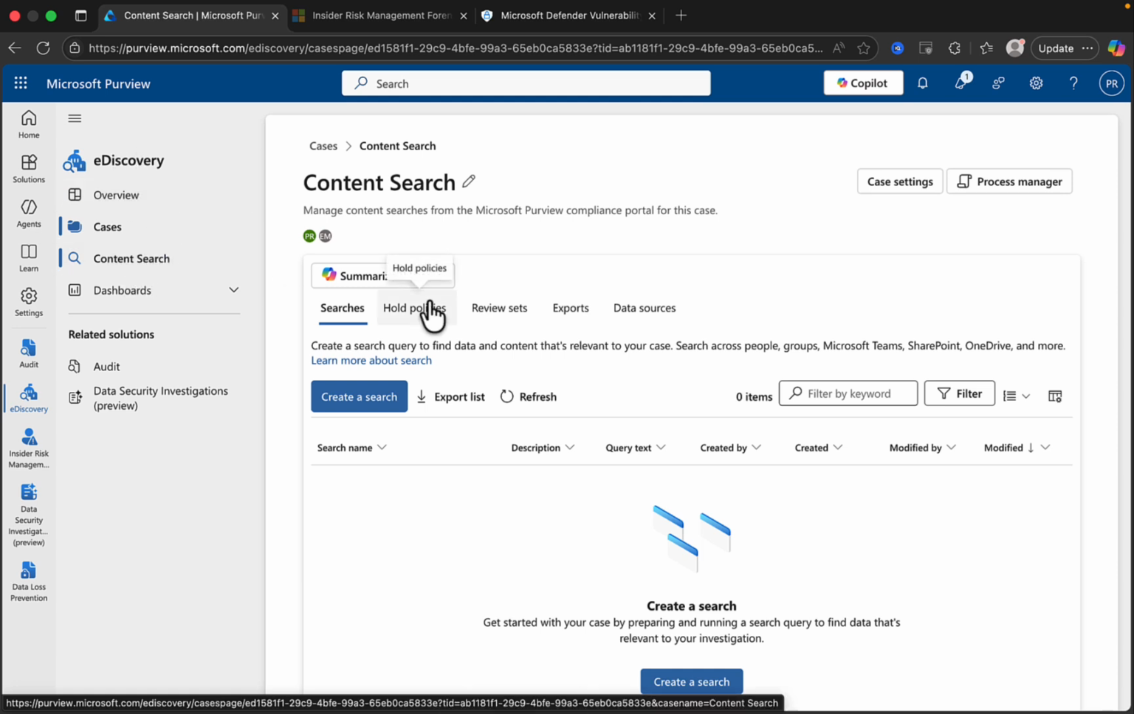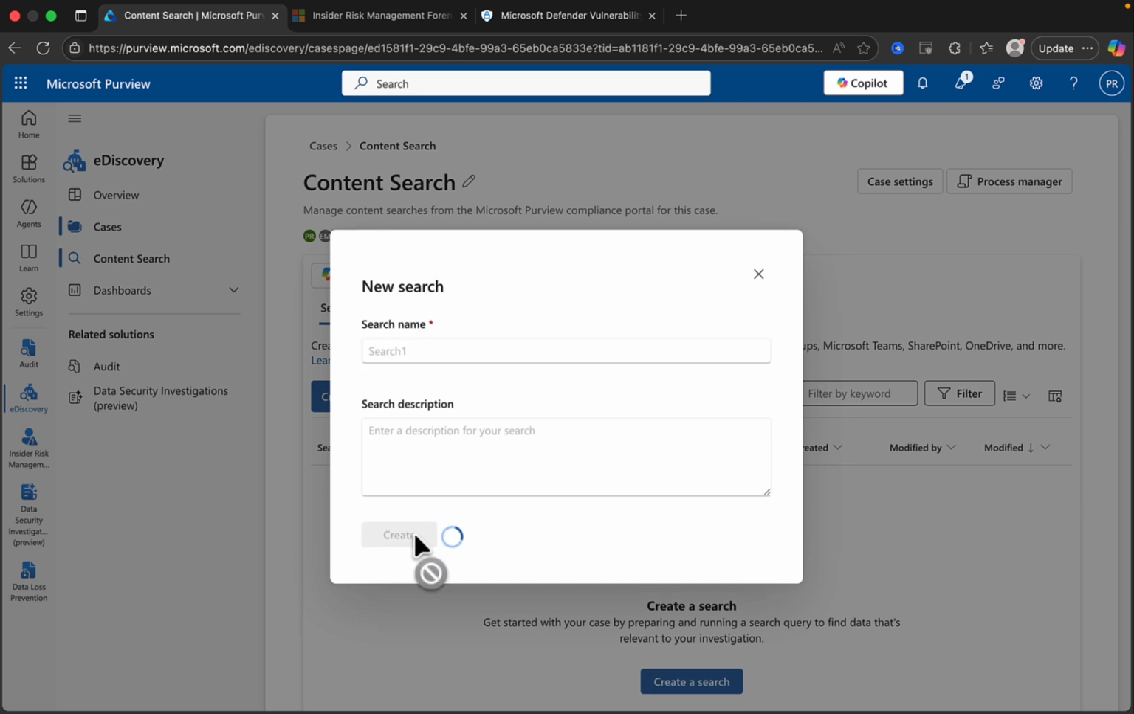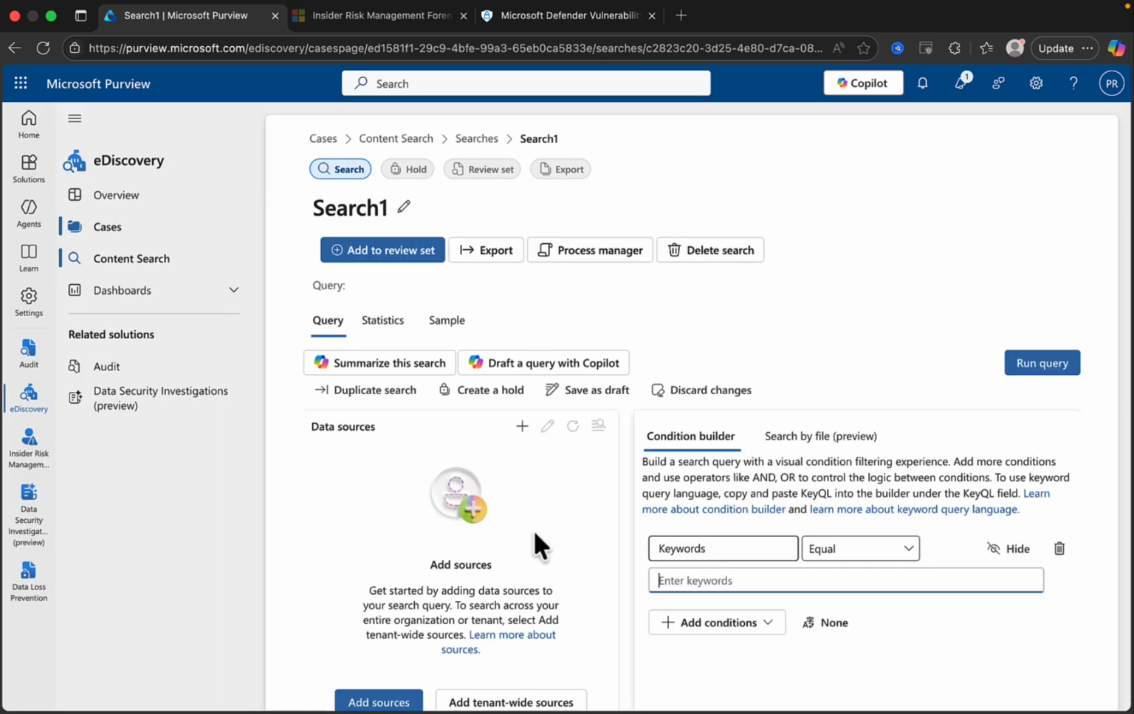So here, what you can do is create searches for specific content in Microsoft Purview. And what you can then do is put holds on them, look at things like review sets, exports, and specific data sources. So you can go ahead and create a search. You can give that search a name. I'll just call it search 1. Not very inventive, but do put proper names and descriptions in. We can create that search and we can add